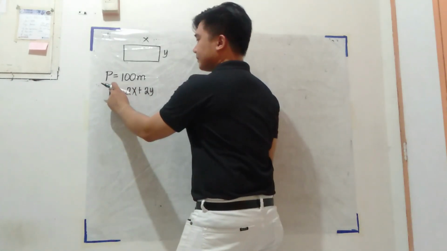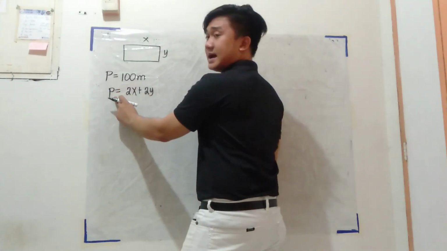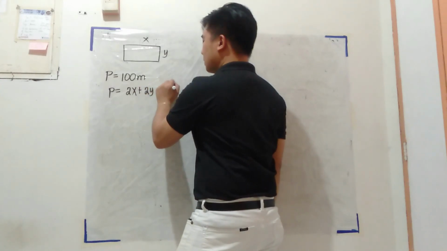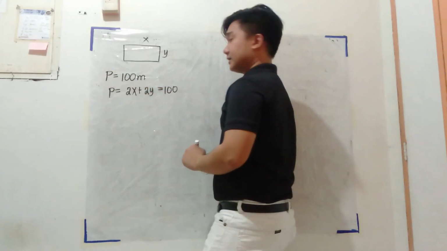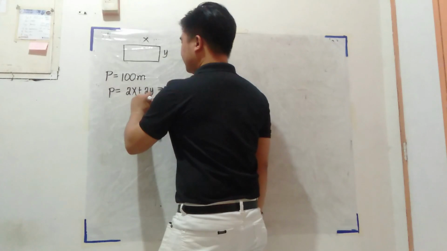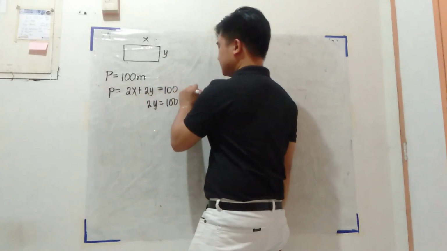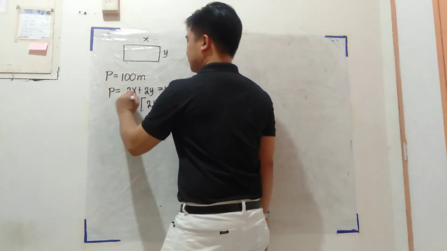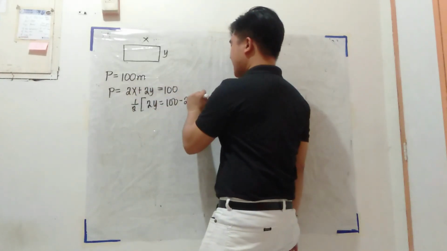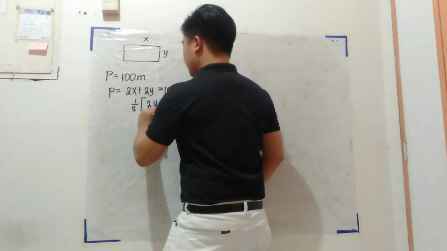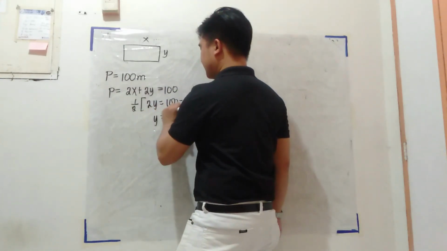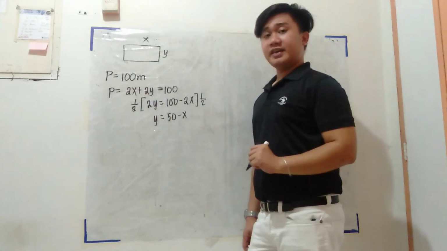Okay? And then, ano daw ang perimeter? 100. So, it is equal to 100. Okay? And then, 2y is equal to 100 minus 2x. Multiply ko both sides ng 1/2 para maging y na lang yon. Y is equal to 50 minus x. And then, after that,